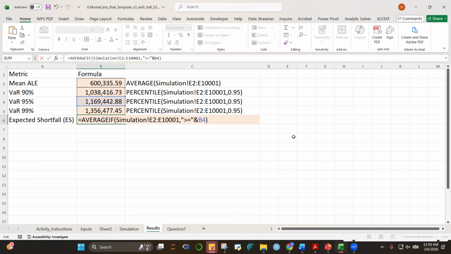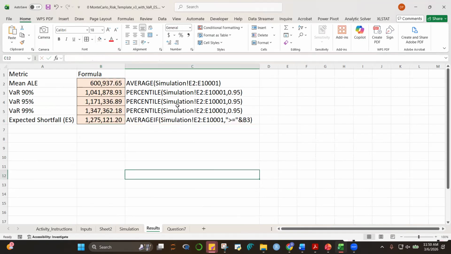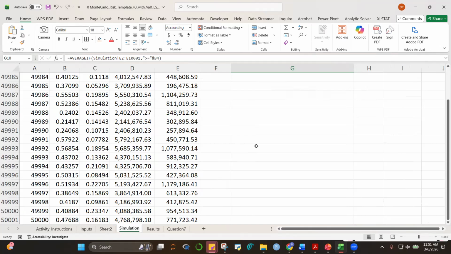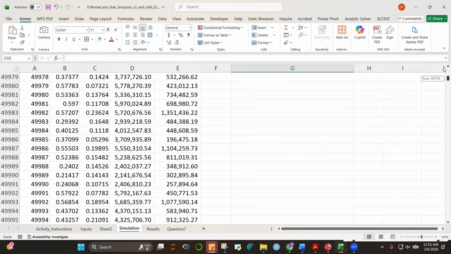So take a look at this there. So the VAR 95 is 1.17 million. The expected shortfall is 1,275. Okay, you can see that, no? All right, if we go here, let's go to the simulation.